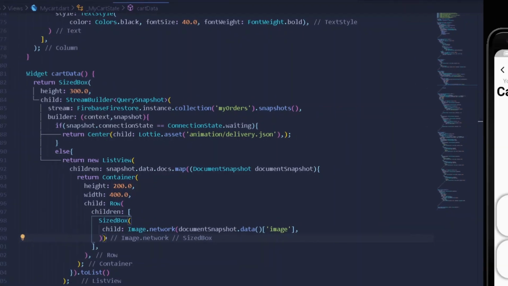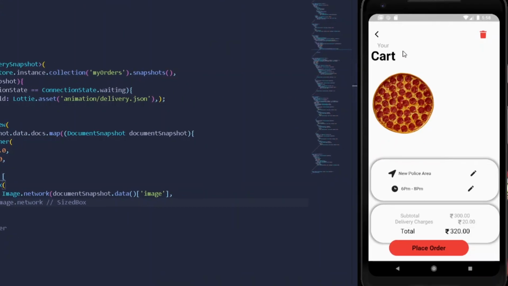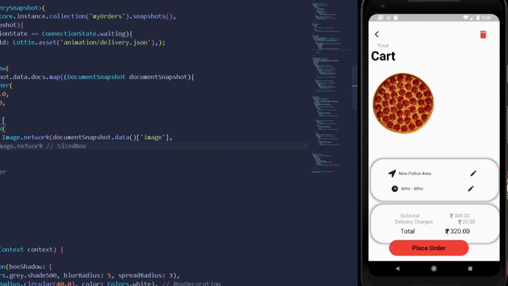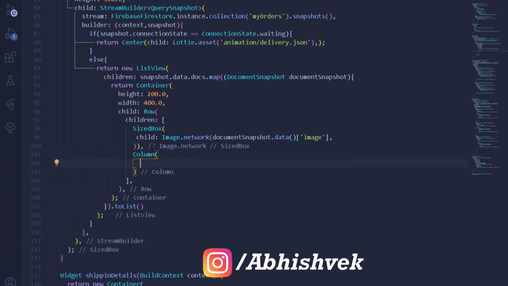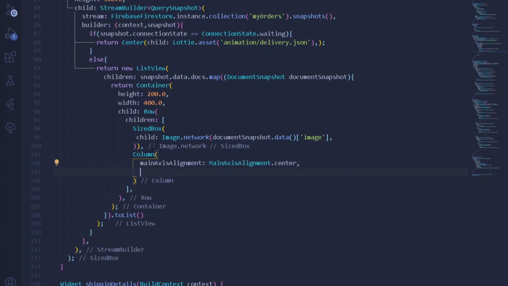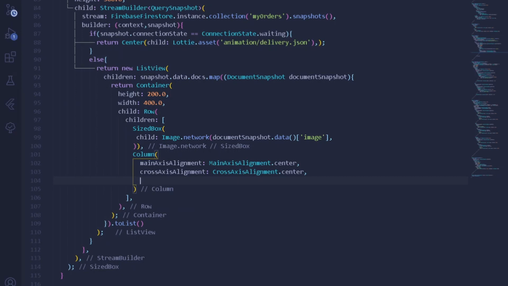Press Ctrl and S. Alright, so we have our images here, which is single one. So once we have our image here, after having the size box, we are going to have a column, and the column shall be consisting all of our data. But first thing first, let's have our main axis alignment under a center. Similarly a cross axis alignment under a center form. So once we have done this, let's have children to our entire column.